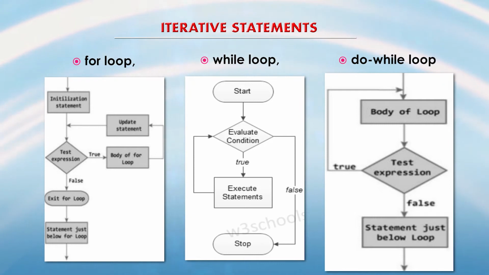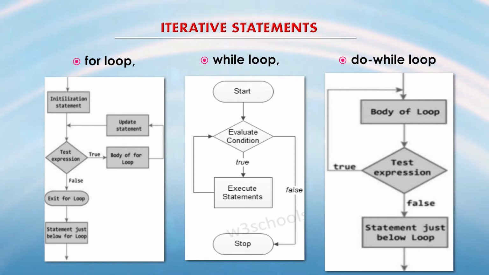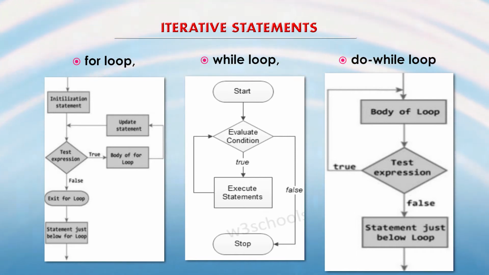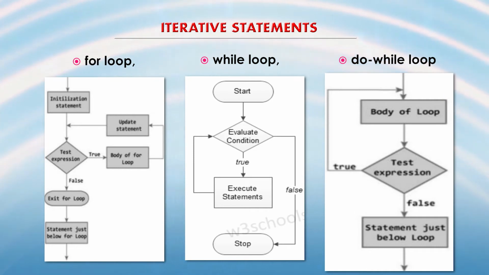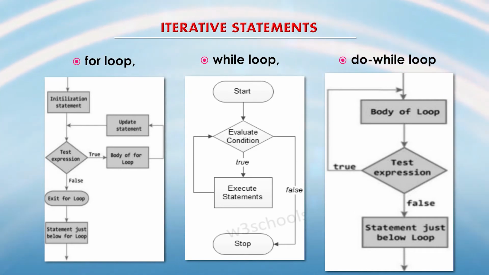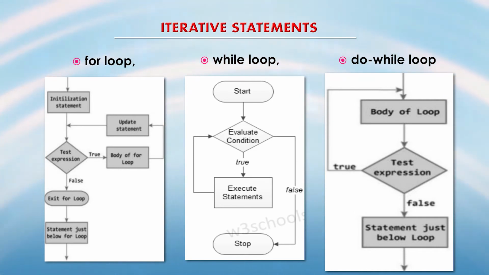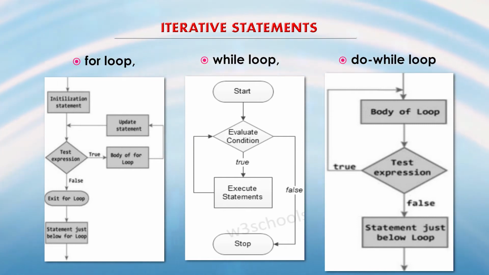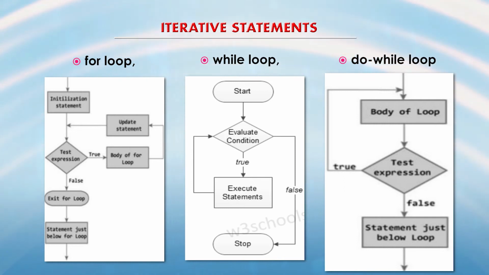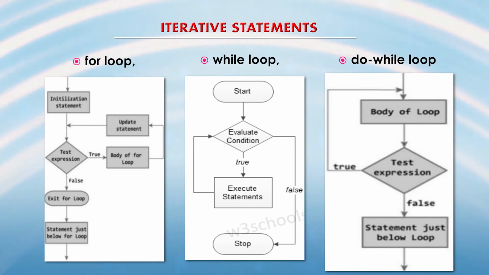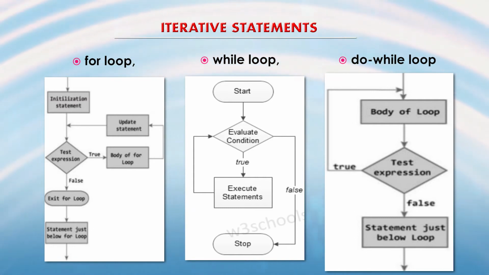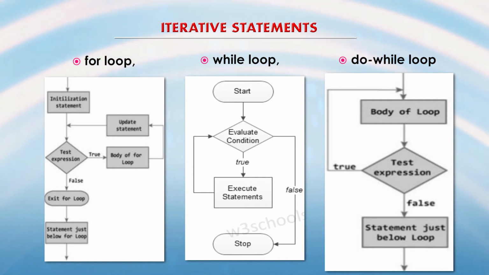Finally, in the do while construct, we first have what is to be performed: do something, that literally means do this, that is the body of the loop. Then test the condition, and if that condition turns out to be true then re-execute the body of the loop, and if it turns out to be false then just move out. So, these are the 3 constructs. We will understand these 3 constructs with the help of examples in the coming slides.